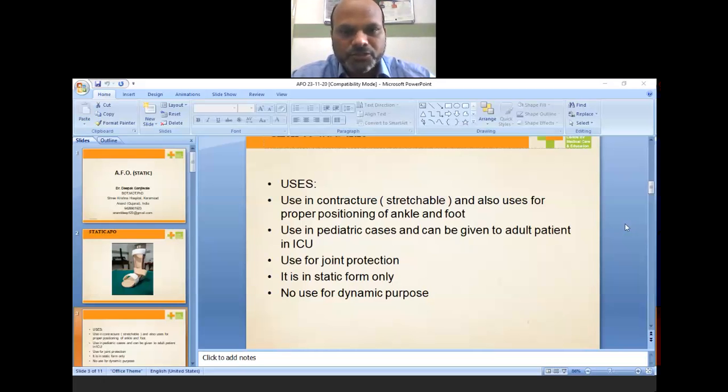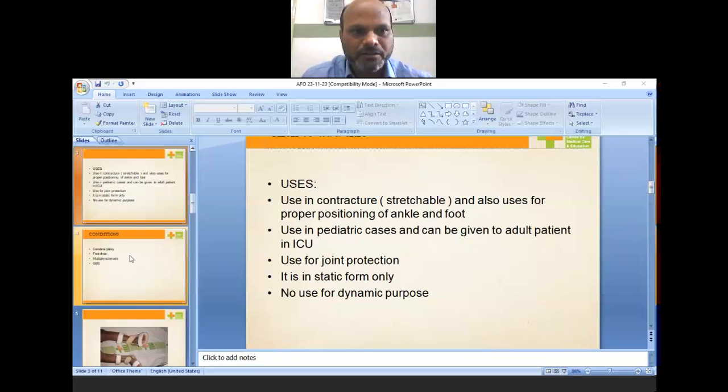Okay, and it is a static form only, as I told you, it is not a dynamic form, so you cannot use this splint for walking. So only for positioning and for static purposes you can use this splint. No use for dynamic purposes. Okay,